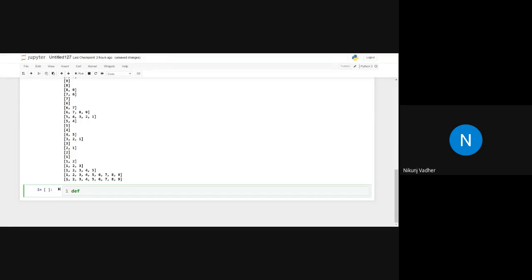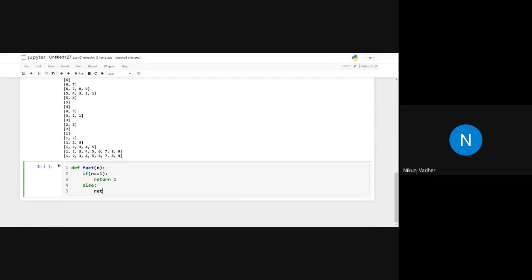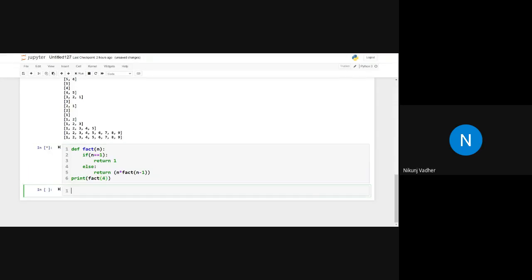Define fact with n. Okay, if n double equals 1, then return 1, else return n into fact of n minus 1. So if we write print fact of 4,